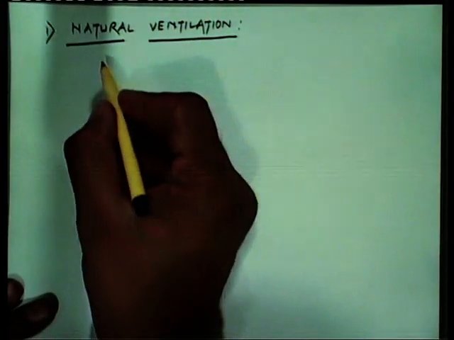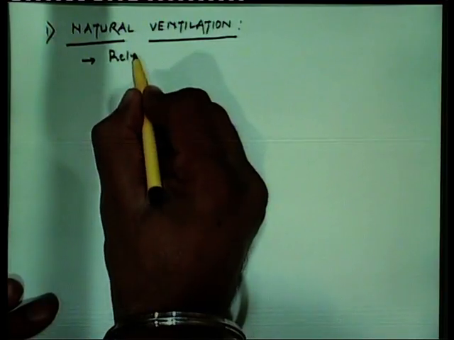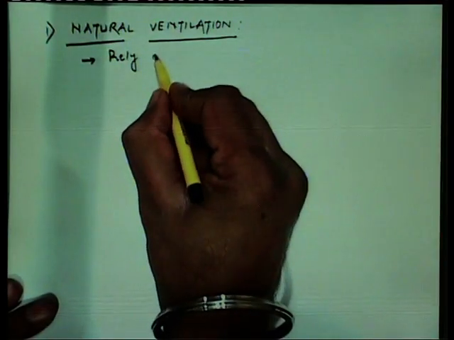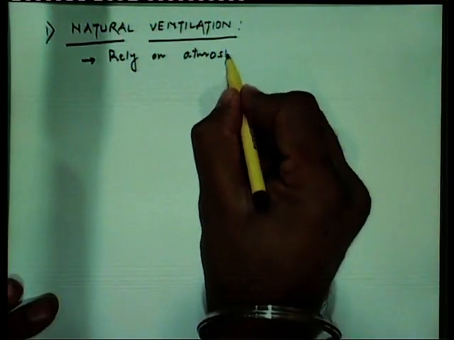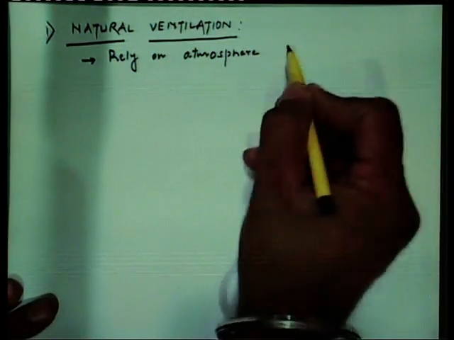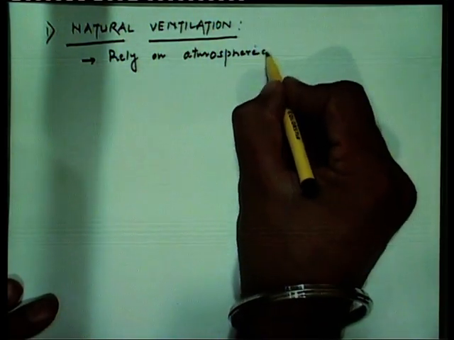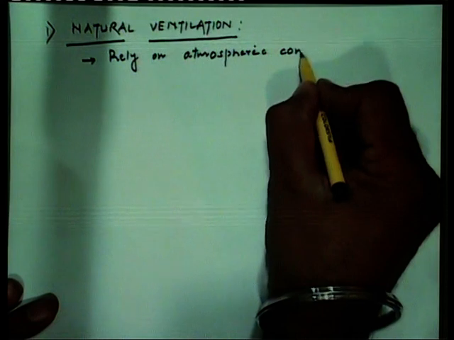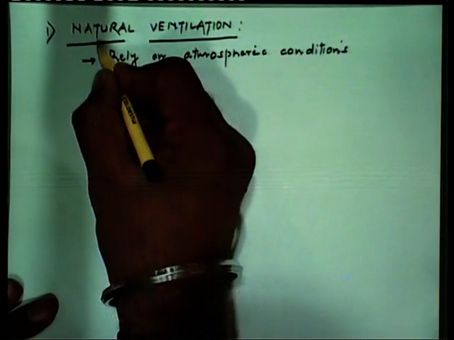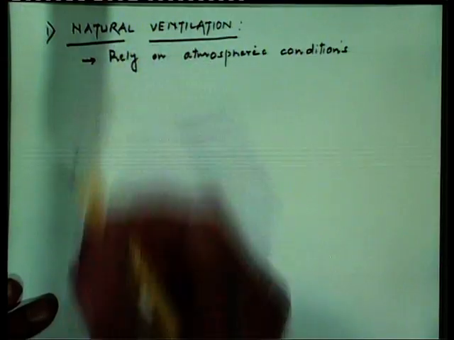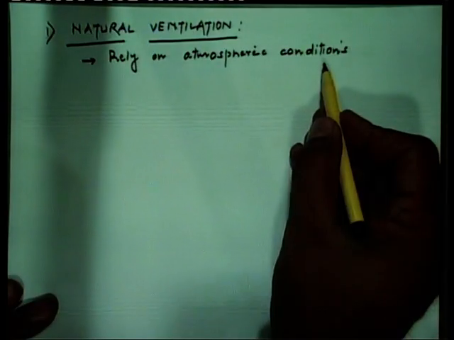This ventilation relies on the atmosphere. The natural ventilation is the method which relies on the atmospheric conditions. As we are using the word natural, it comes from nature. So, it relies on atmospheric conditions to maintain